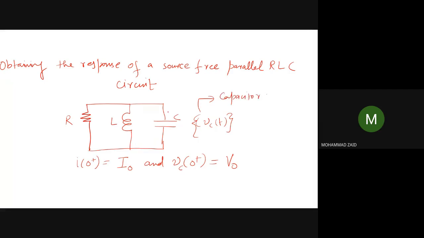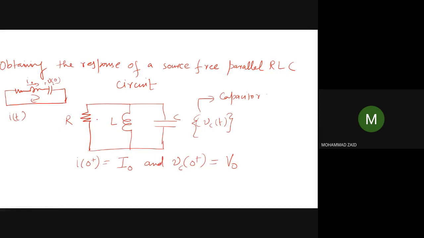If we have a series RLC circuit with R, L, and some C, not connected to any source, and there is some initial inductor current I naught with some initial capacitor voltage VC naught, then here you will get the response of i(t), the current flowing in the series RLC circuit. Since this is a parallel circuit, we get the transient response of the voltage across the capacitor. So quickly writing the differential equation, we can put KCL to use.